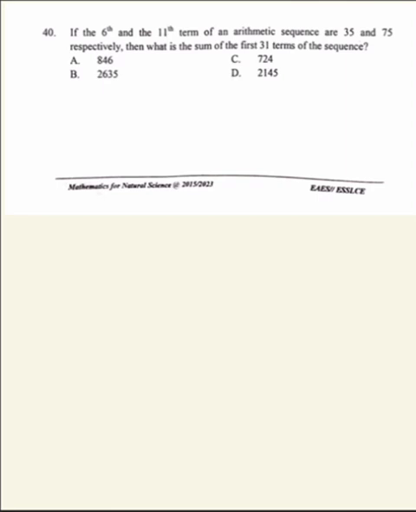of an arithmetic sequence are 35 and 75 respectively then what is the sum of the first 31 terms of the sequence okay sixth term in arithmetic sequence sixth term ማለት the first term plus 5 times the common difference ማለት ነው the 11th term ማለት the first term plus 10 times the common difference ማለት ነው okay ከዚህ ምን እናገኛለን ማለት ነው the first term plus 5 times the common difference is 35 and the first term plus 10 times the common difference is 75 ይሄንን በኤሊሚኔሽን or substitution በመጠቀም first term እና common differenceን ማግኘት እንችላለን